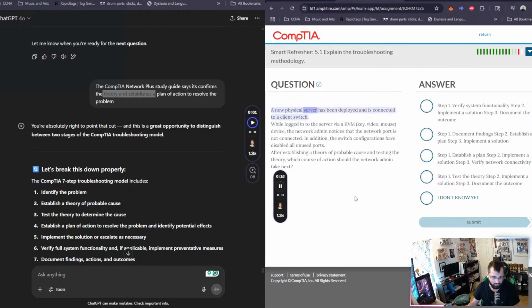A new physical server has been deployed and is connected to a client switch. While logged into the server via a KVM (keyboard, video, mouse) device, the network admin notices that the network port is not connected. In addition, the switch configurations have disabled all unused ports. After establishing a theory of probable cause and testing the theory, which course of action should the network admin take next? Okay, so they have already established a theory, and